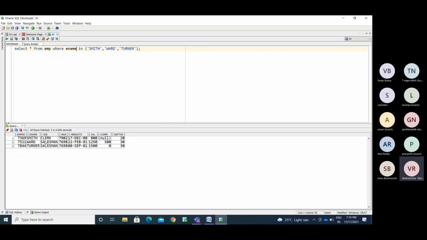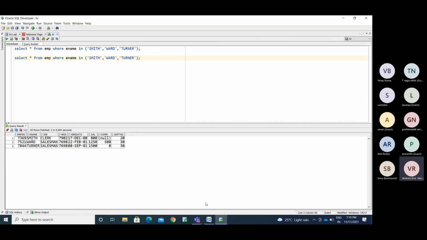If I want to retrieve only one value, I will use the equal operator. If you want to retrieve more than one value, I need to use the in operator. So how will the in operator work here?